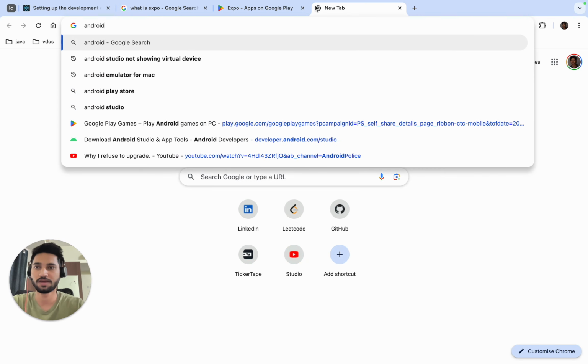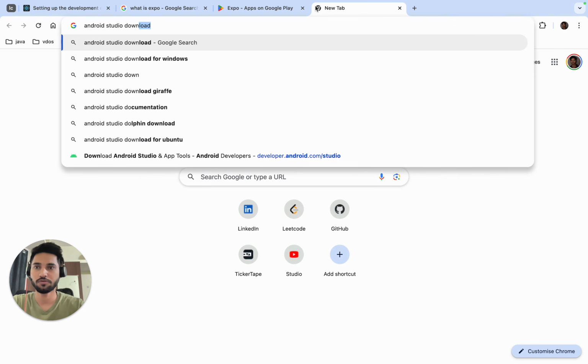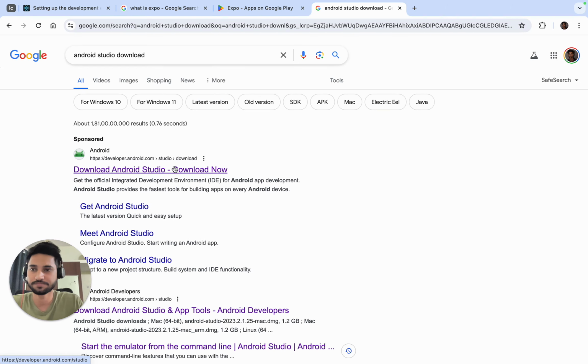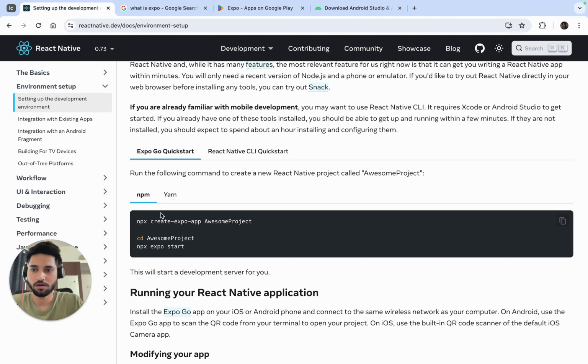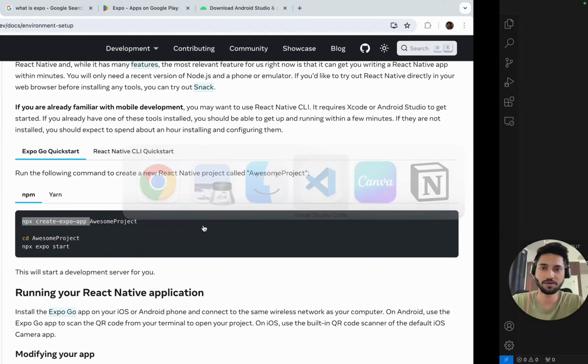So if you don't have Android Studio, you can just download it from the official site. It's open source and free, so just go ahead and download it. So what we'll do, we'll just copy this. This is the command to create our fresh new Expo app or React Native app. I'll just copy it and go to my VS Code